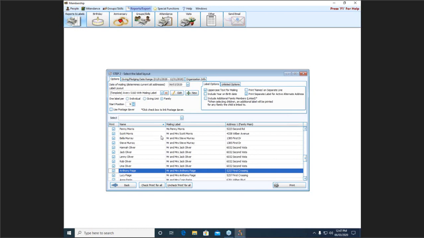Now if the list is the way I want it, I have everyone I need. Notice along the bottom I could hit back if I needed to go back and change my search. I can uncheck Print for All. Maybe I just want to real quick print this one. Not sure why I'd run all of them if I just wanted one, but I just want you to see